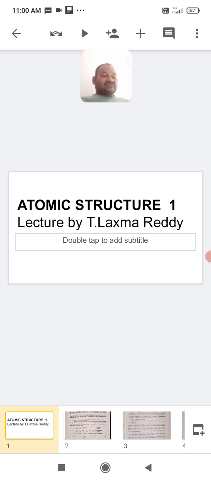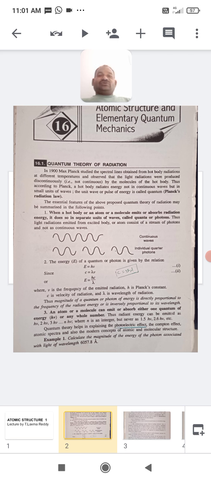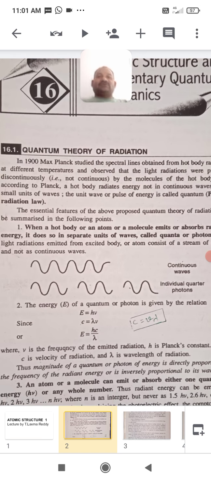First of all, we discussed about this. You see the slide clearly, everything is in the slide, but you have to see the slide and I'm going to explain every one. So in 1900,